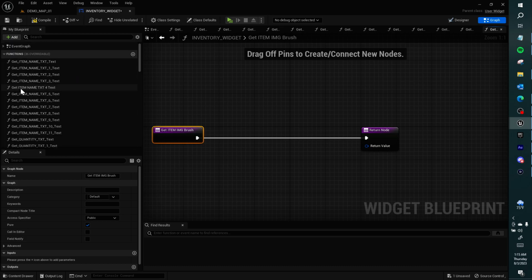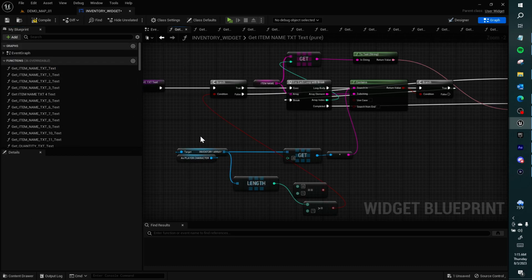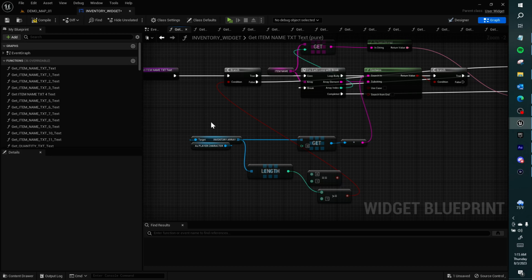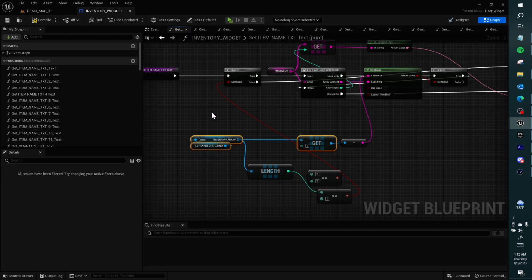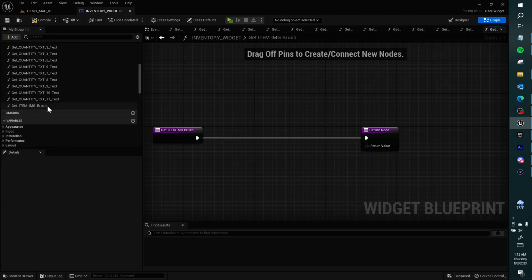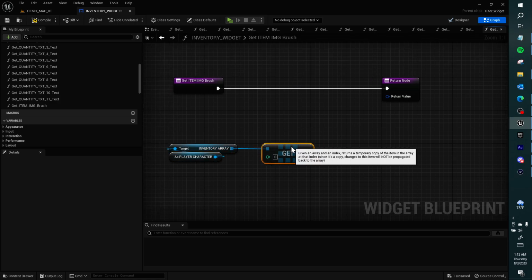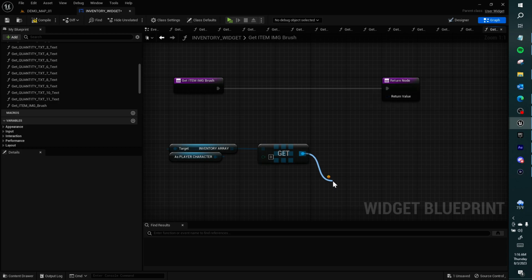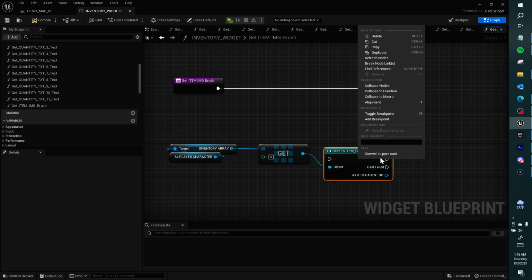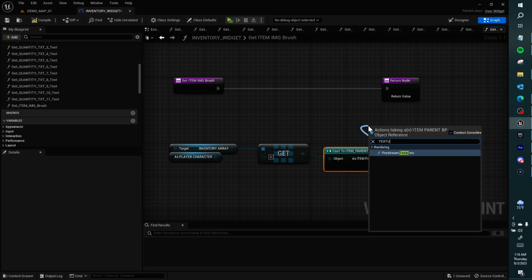Let's go look at our other bindings. We have the reference to the inventory array that we can use on this slate brush binding. We can drag from here, and I want to cast to item parent BP, a pure cast, and I want to get